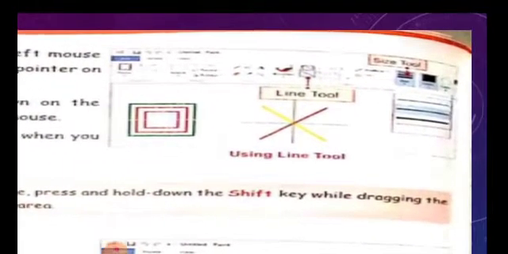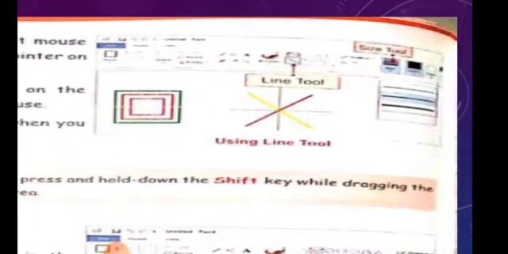You can see the figure over here. This line tool is in shape group. Select any color from the color group and the line thickness from the size button.